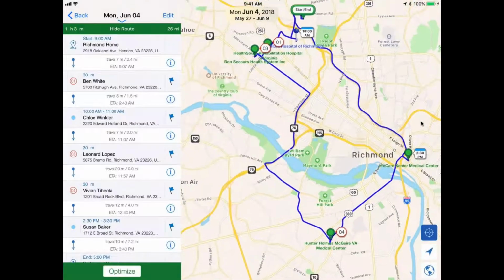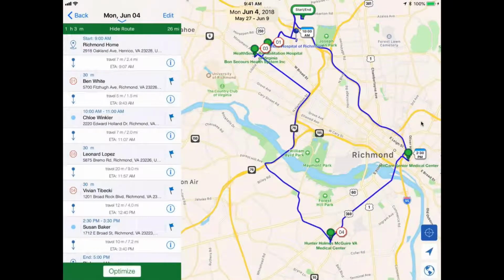Now I can see that I still have gaps in my schedule, so I could go ahead and turn on more accounts on my map and try and see if I could work some more appointments in. Also, as I finish these drop-in visits, I can tap the little flag to the right, the status flag, and note them as complete. Then they would show up as a completed activity in all of my activity reports.